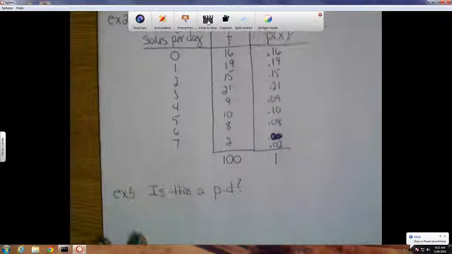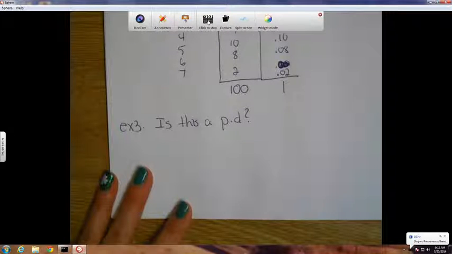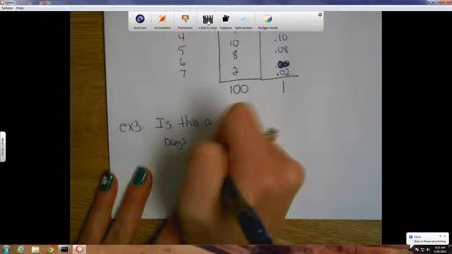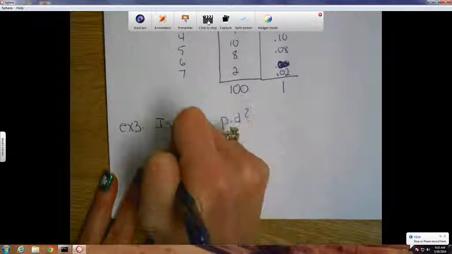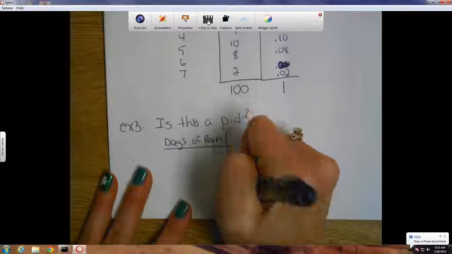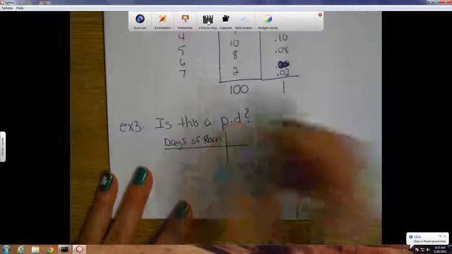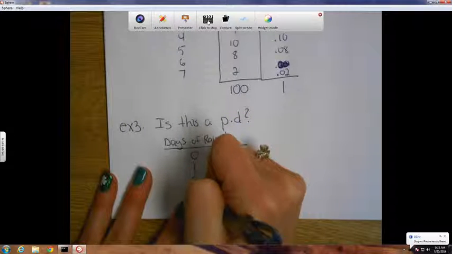Is this next one a probability distribution? If yes, say Y. If not, say N. We're looking at the days of rain. Zero days of rain, 1 day of rain, 2 days of rain, and 3 days of rain. I think they were looking